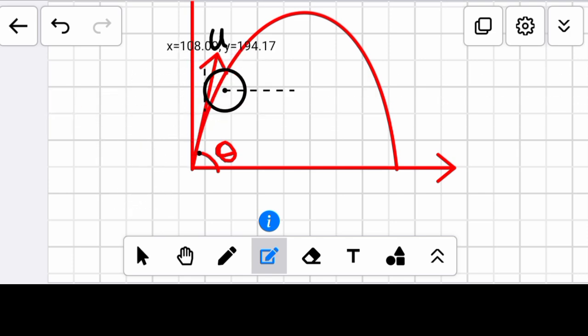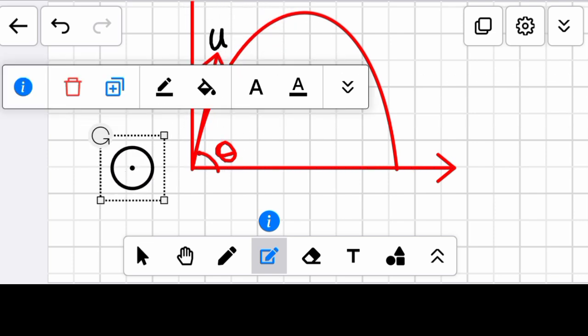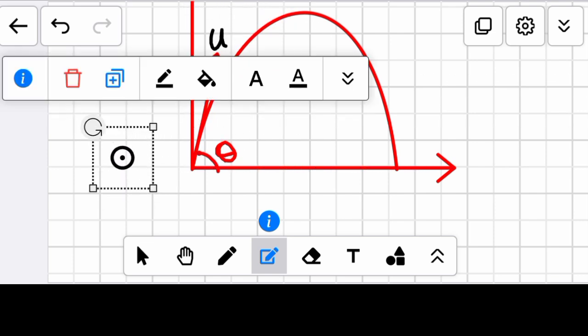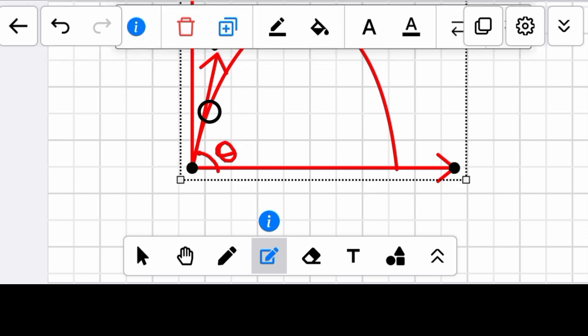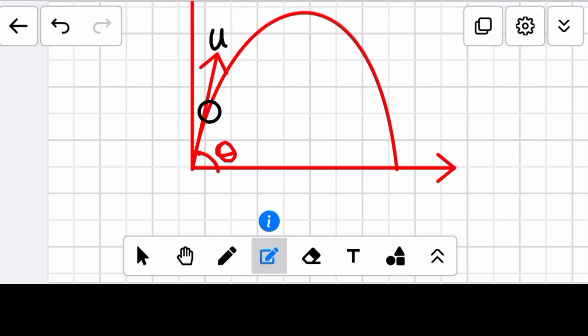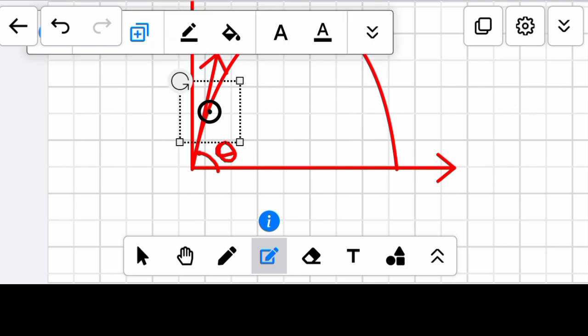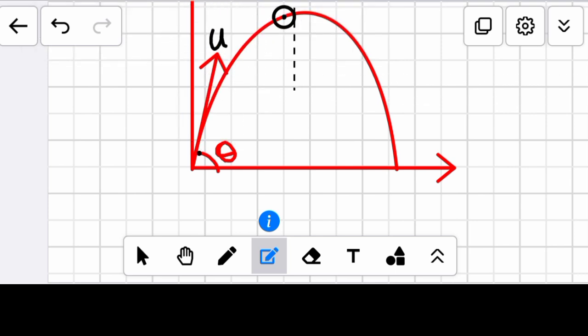So we expect it to move upward and forward. Starting from here, we expect it to move upward and then forward. The object moves upward and forward as it travels along the parabolic path. From this point where it was projected, it keeps moving up and forward until it